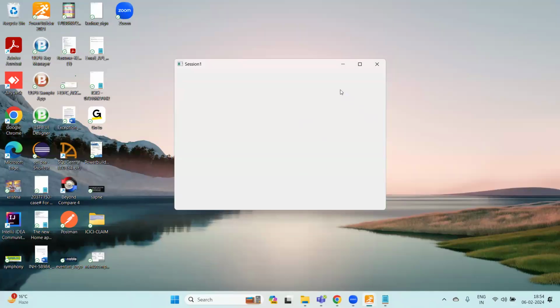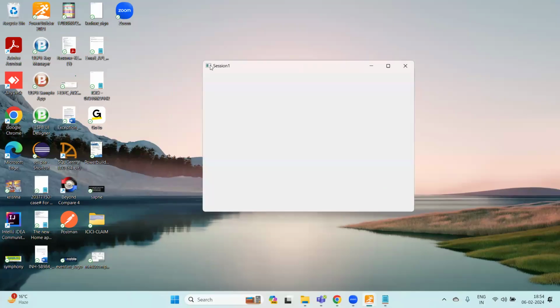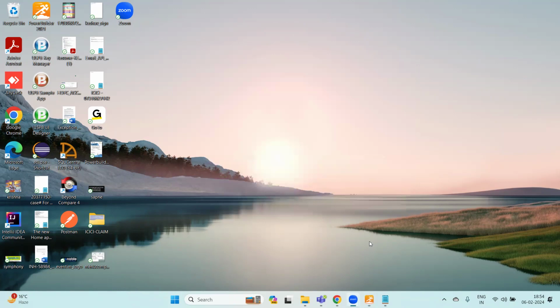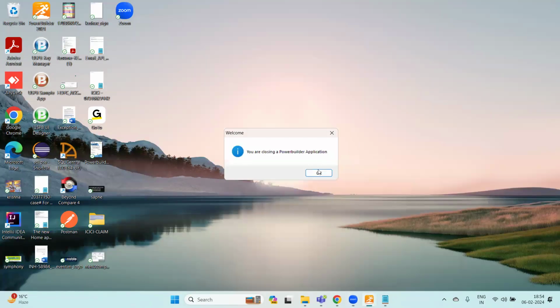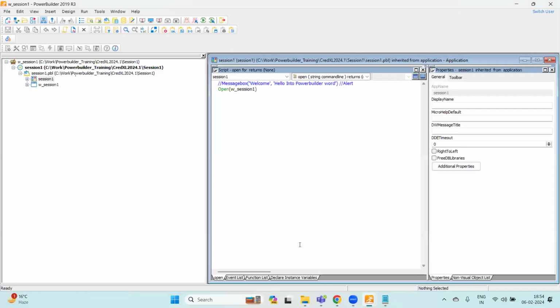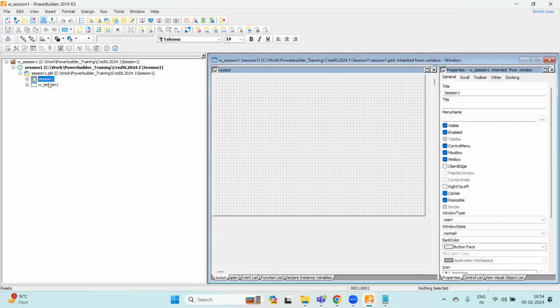Now this is a window. The title is session 1 because we have given one title. There is no icon because we have not given any icon. There is minimize. If we use this, it will minimize. If we use this, that is maximize, and if we use this close, it will close. So how is it happening here? Go to the session and look at the property